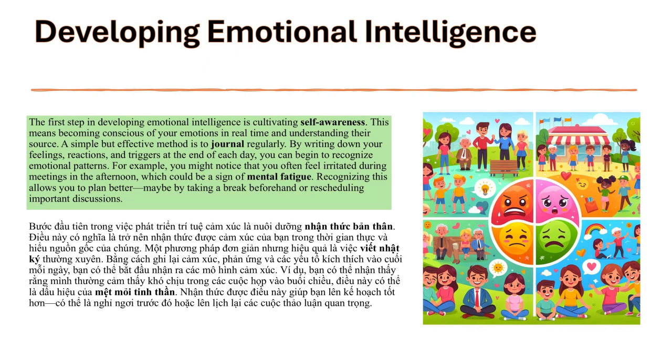The first step in developing emotional intelligence is cultivating self-awareness. This means becoming conscious of your emotions in real time and understanding their source. A simple but effective method is to journal regularly. By writing down your feelings, reactions, and triggers at the end of each day, you can begin to recognize emotional patterns. For example, you might notice that you often feel irritated during meetings in the afternoon, which could be a sign of mental fatigue. Recognizing this allows you to plan better, maybe by taking a break beforehand or rescheduling important